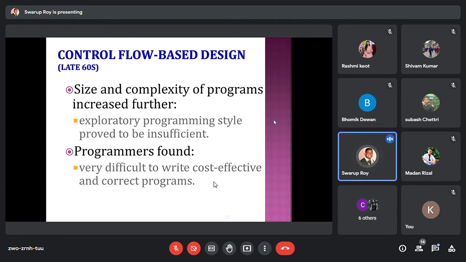Then you go on fixing, and that fixing may have a ripple effect on other parts of the program, and this will continue. You cannot finish within a short period, and if the period extends, the cost of the product will also increase.